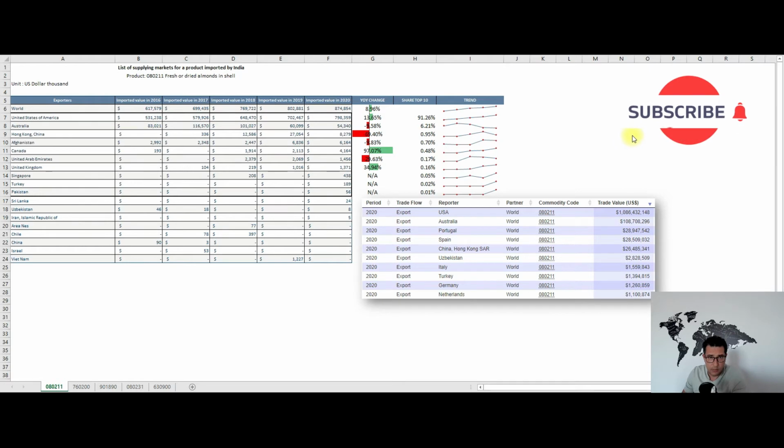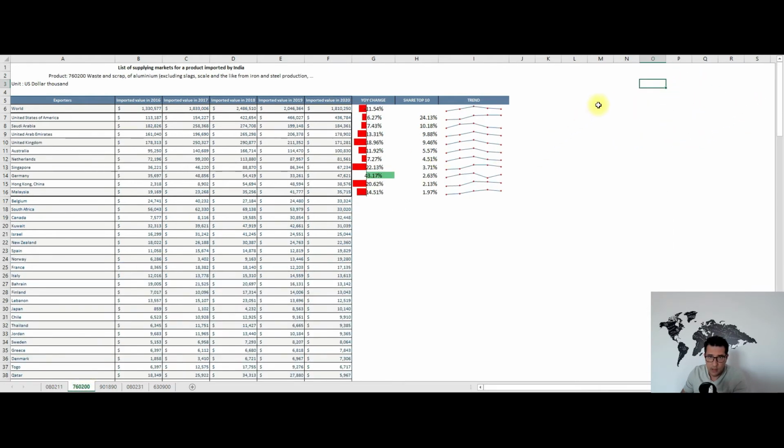Anyway, let's move to my second recommendation, which is waste and scrap of aluminium. And although these imports are somehow industrial, let's say, it represents an important driver for doing business and trading. Unfortunately, here the year-on-year values shrunk with almost 12%, bringing the total Indian imports of aluminium waste and scrap to